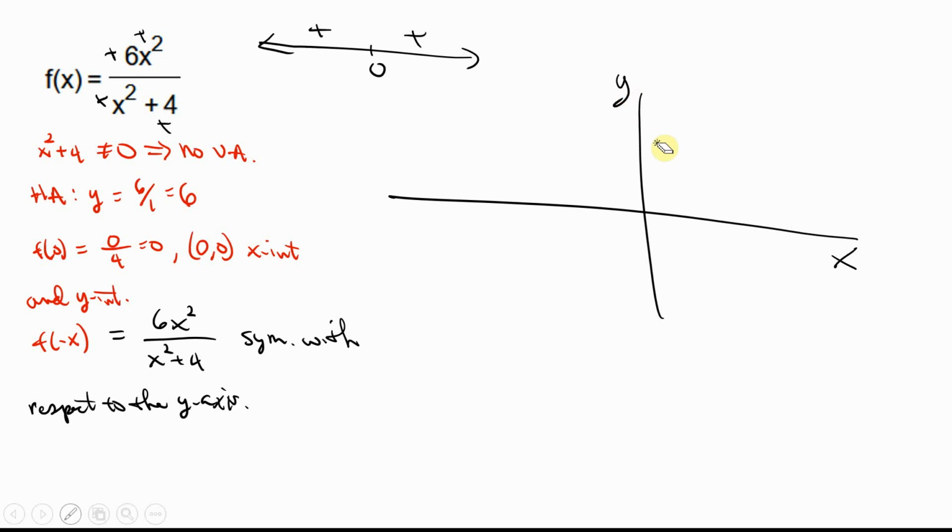So I don't have a vertical asymptote, but I have an x-intercept and a y-intercept at the origin, and the horizontal asymptote is the line y equal to 6. So the graph is always positive. It wants to ride along its asymptote, but then it has to connect with the intercept. So what do you get? You get